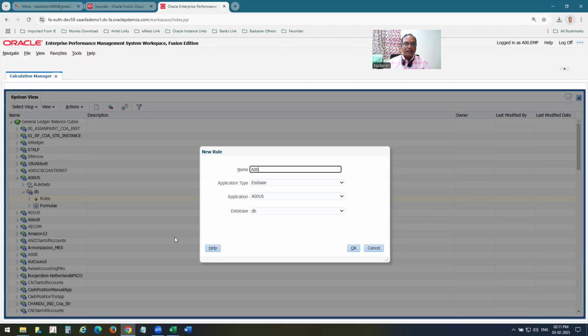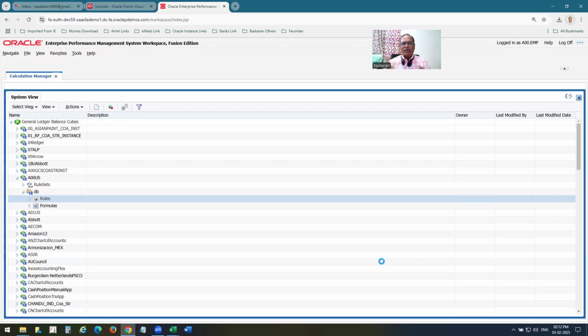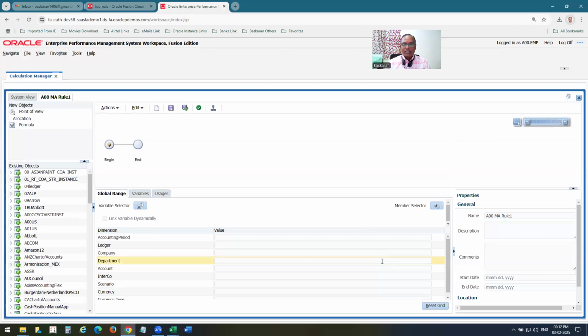So Bhaskaran, and then mass allocation rule 1. SBase, my chart of account instance, database. Click on OK. Almost FRC, Smart View, and then this RAL, account inspector, one and the same because of our SBase influences. So when I complete after clicking on OK related to the new name of that particular